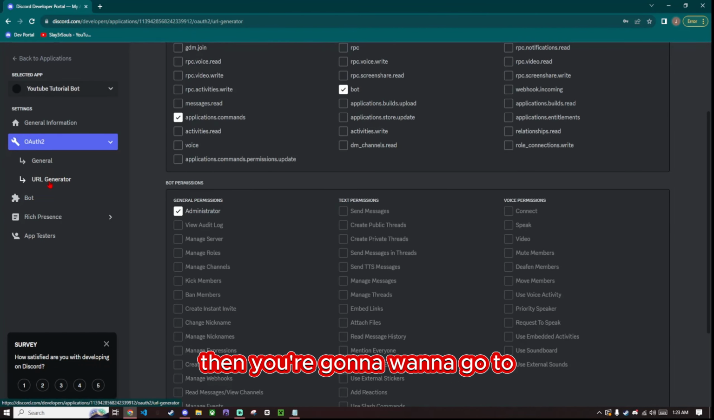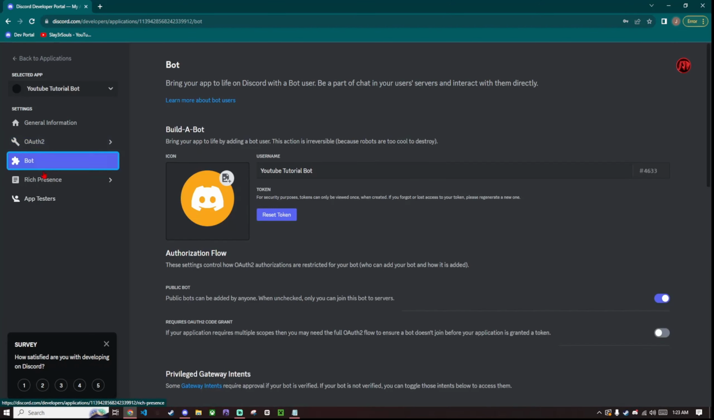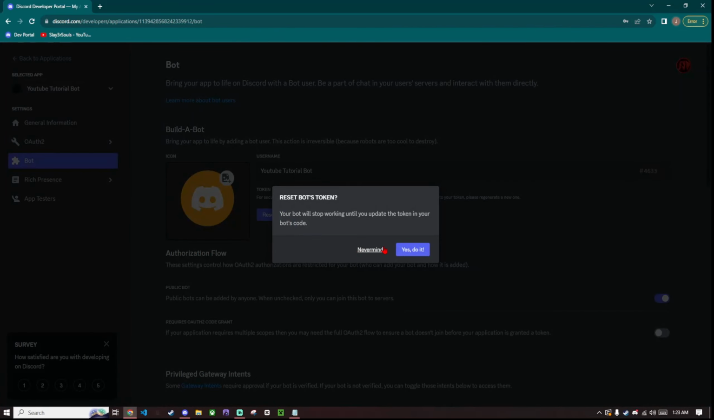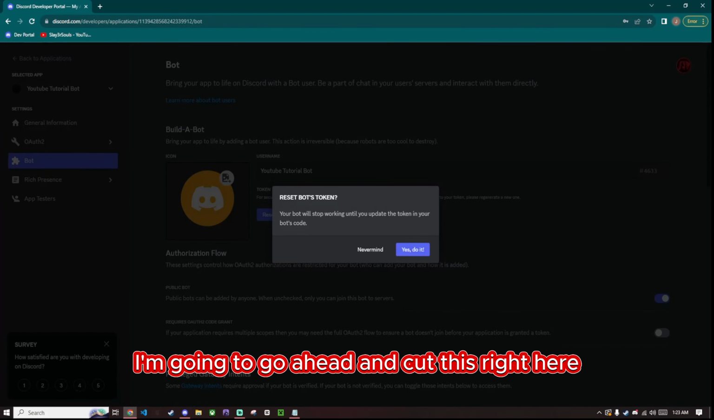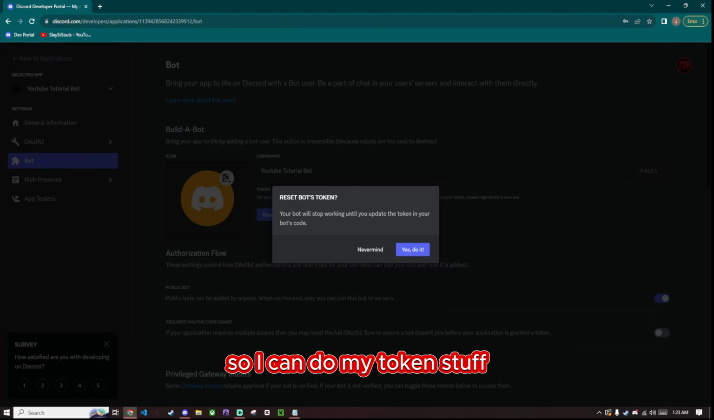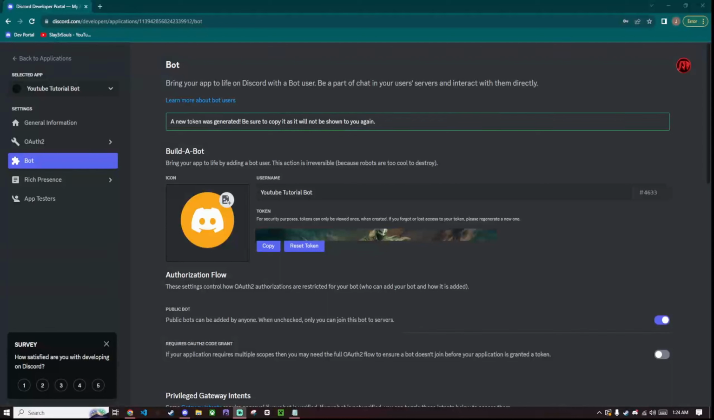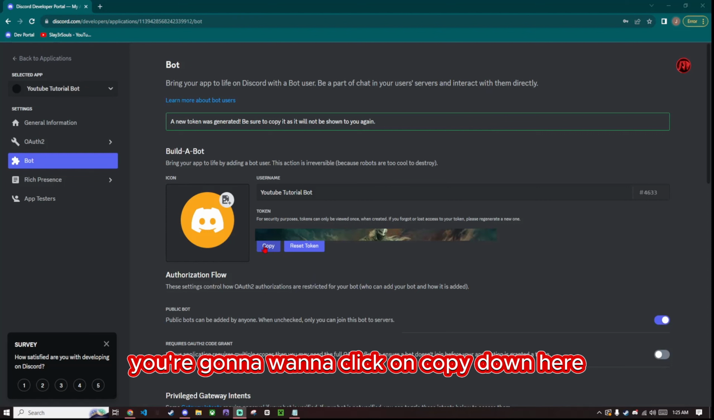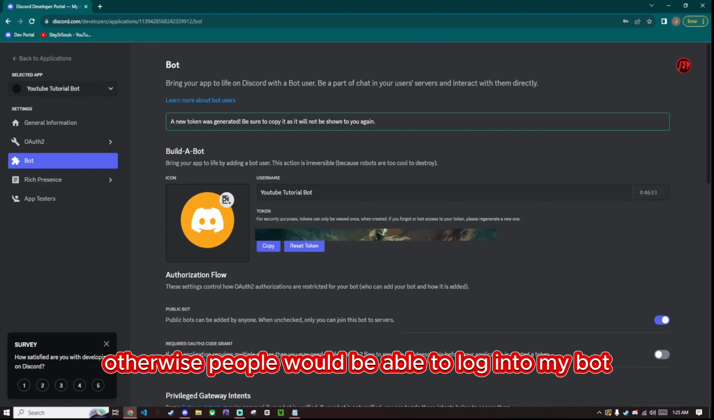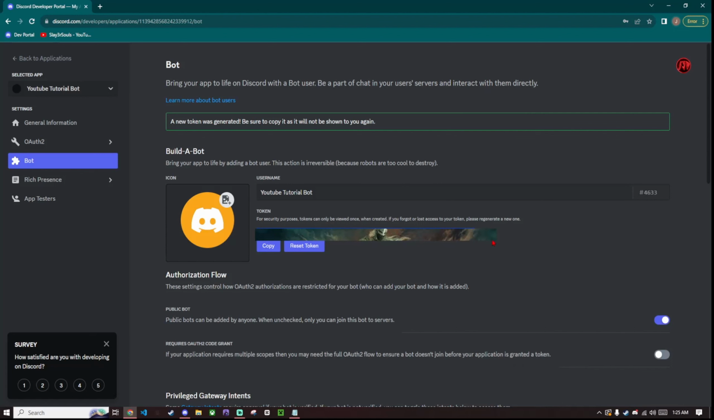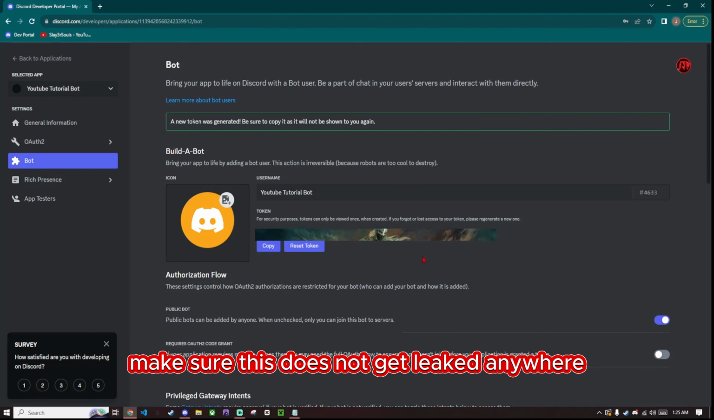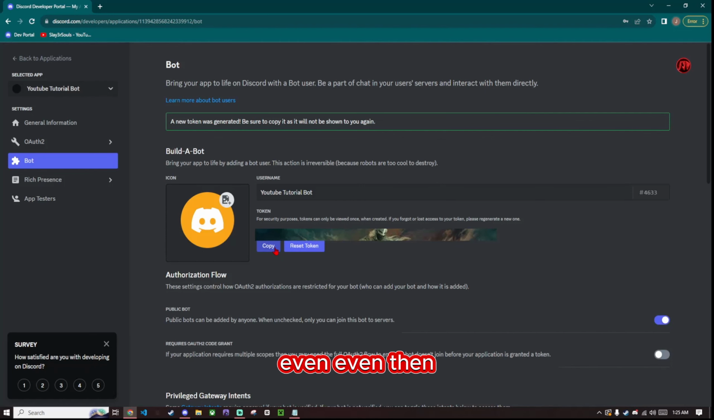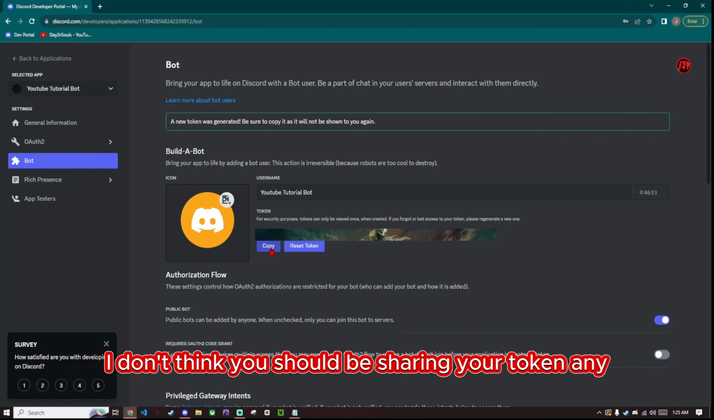Then you're going to want to go to this. We're going to go to reset token. I'm going to go ahead and cut this right here so I can do my token stuff. Then once you do whatever you need to do for your token, you're going to want to click on copy down here. Obviously I'm not going to show mine, otherwise people would be able to log into my bot. Make sure this does not get leaked anywhere, unless you're sharing a bot or something like that. Even then, I don't think you should be sharing your token